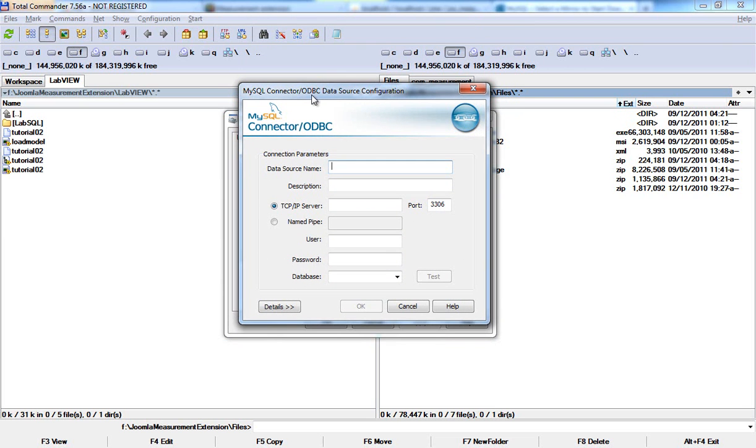Now if you remember in tutorial 1 we configured a database and the user was JME, and the database had the same name as the user. It was on localhost, so it was a local database. I will put here data source name JME. This is really important because this is how we are going to refer to our database from now on within LabVIEW. So just keep a consistent notation, JME,